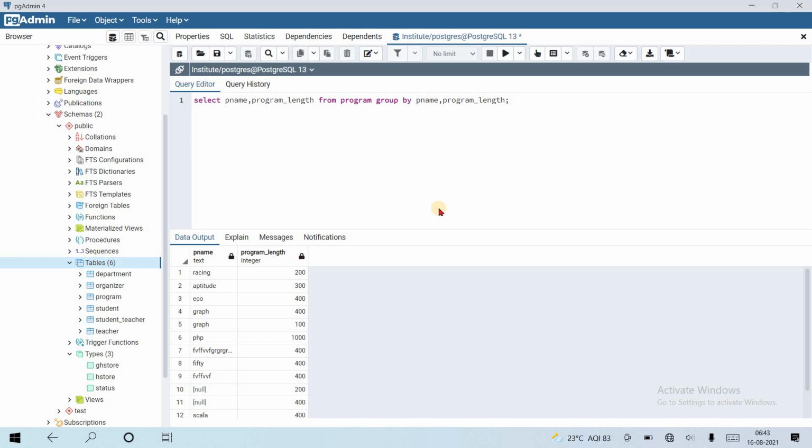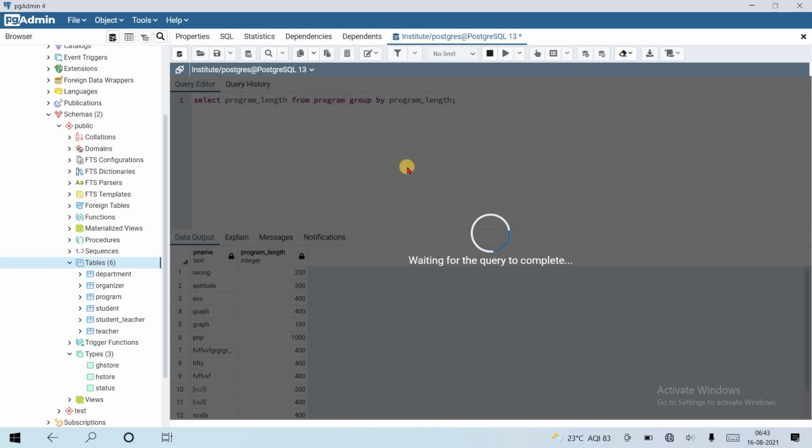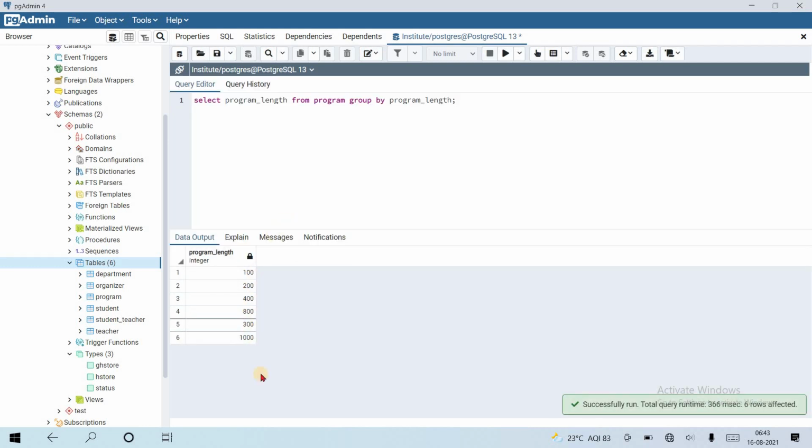Okay, so suppose we write program length first. Here you can see that it eliminates all duplicate values, and all the existing program lengths come here because it was grouped by program length. Okay, select program length.